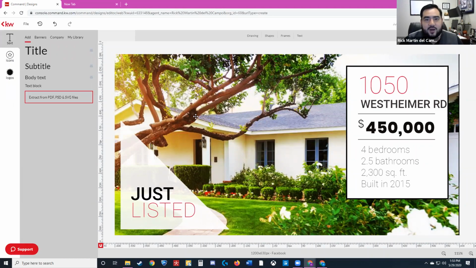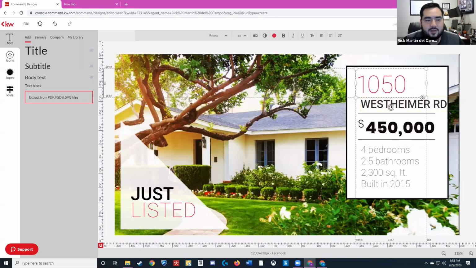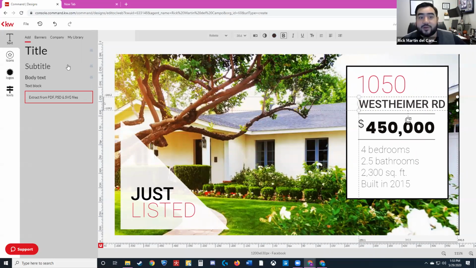I don't use it as much simply because most of the layouts already have text in place. So I honestly wouldn't mess around with it unless you want to get really custom, then it's fine. But it's definitely there, and it works great. I just like to use the text that's already in place because it's already formatted, and even the colors and so forth.